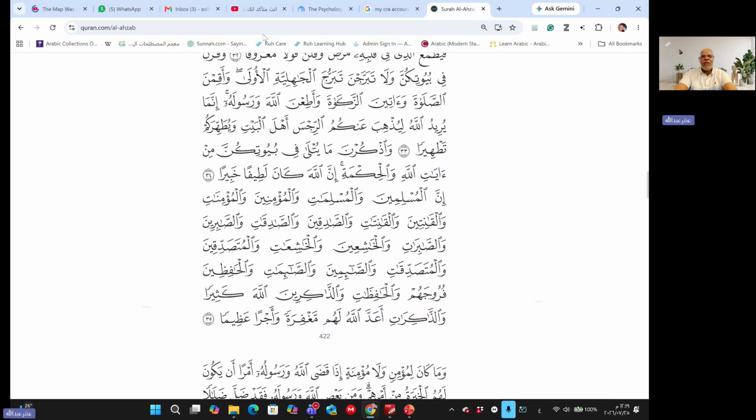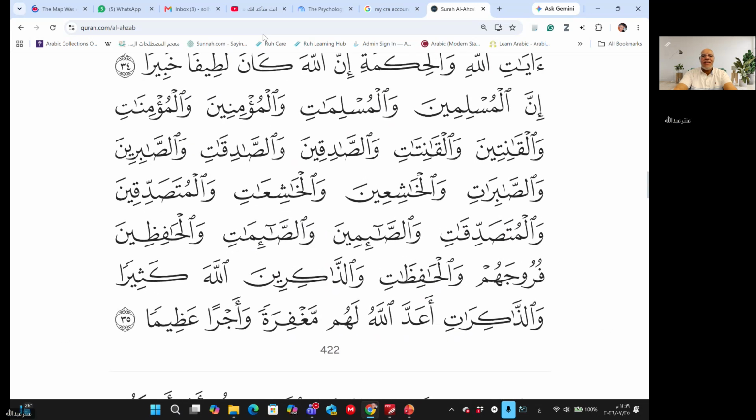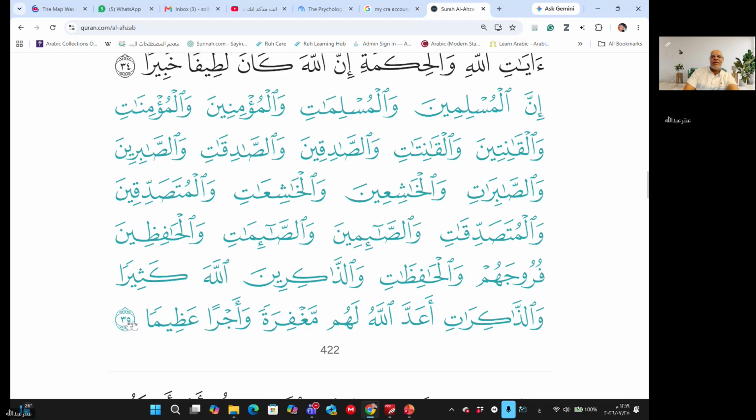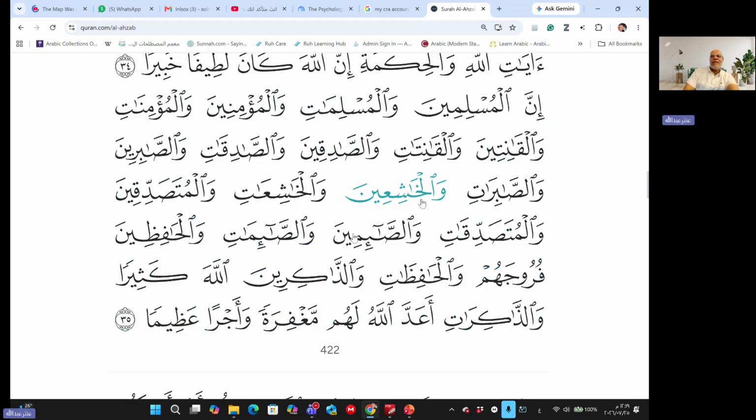Look at the beauty of this ayah. So the ayah starts here and ends here. So 6 lines. 6 lines. Inna al-muslimina, Muslim men, wal-muslimati, Muslim women, wal-mu'minina, believing men, wal-mu'minati, believing women, wal-qanitina, obedient men, wal-qanitati, obedient women,